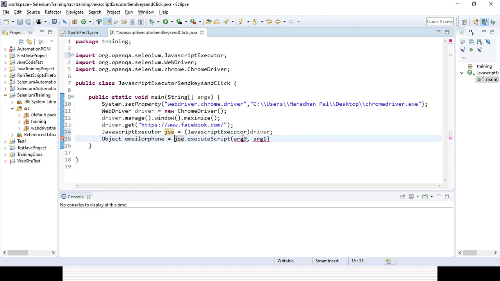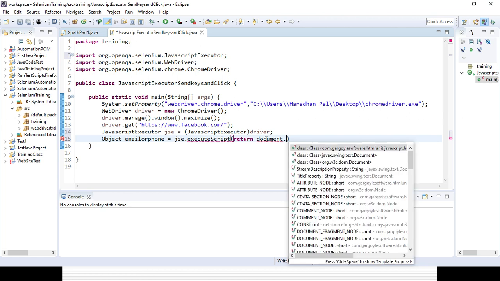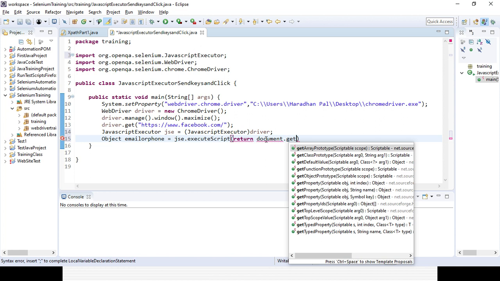So here obviously we need to return something. As we are storing it in some object, we need to give a return type. Then document dot getElementById.